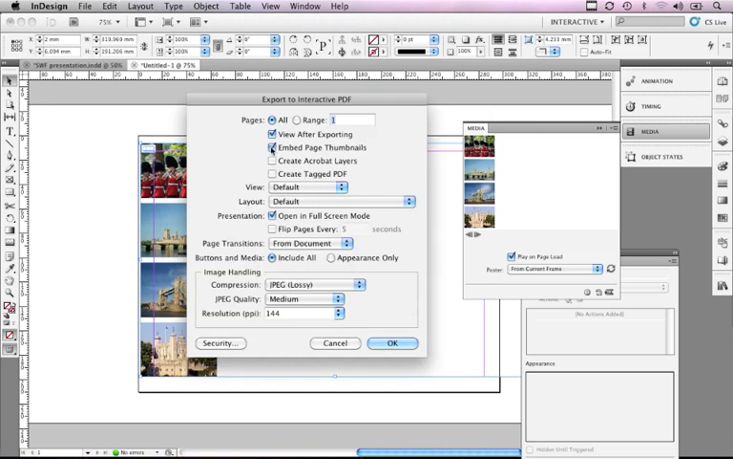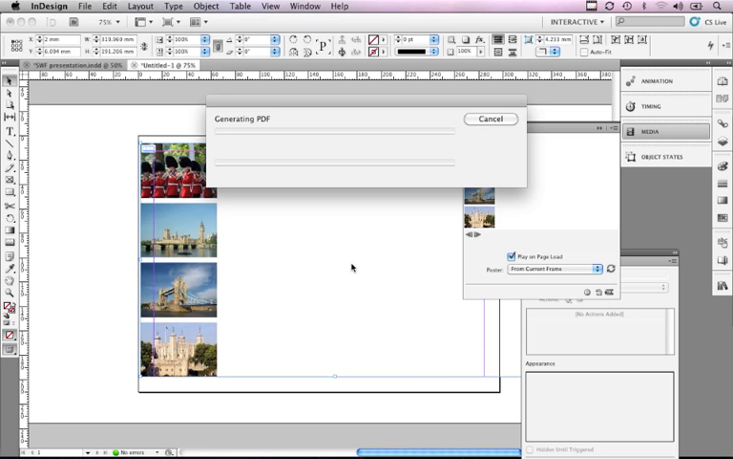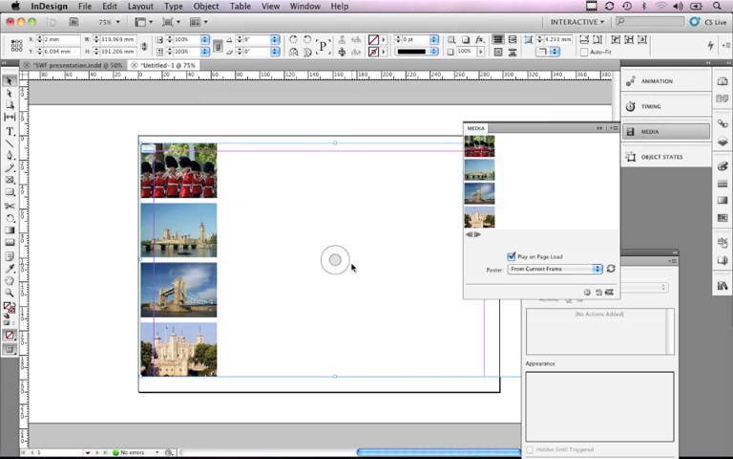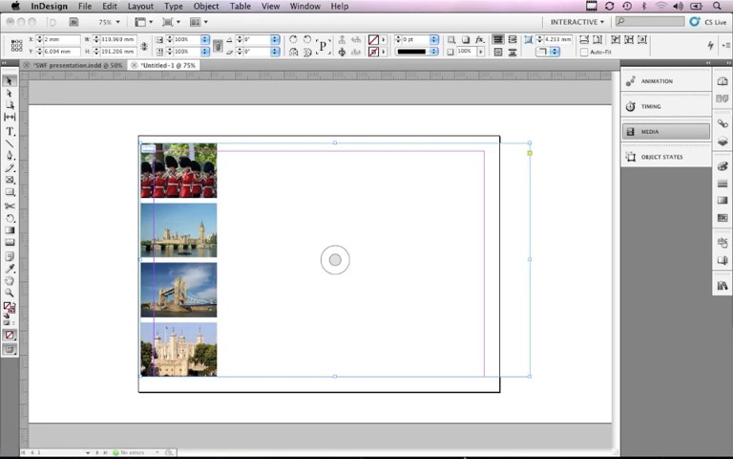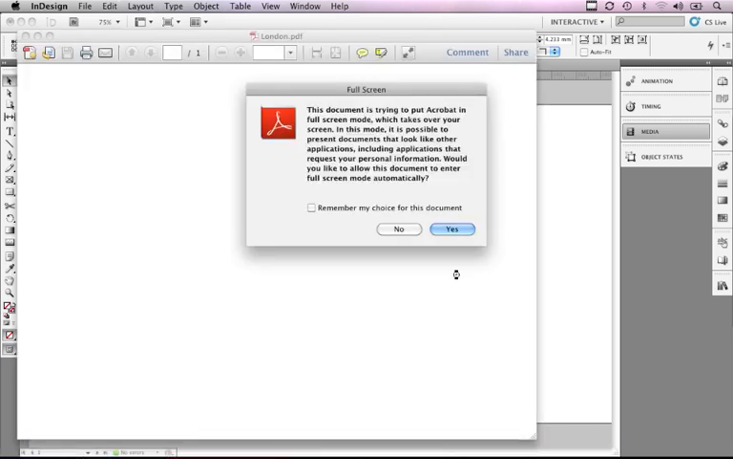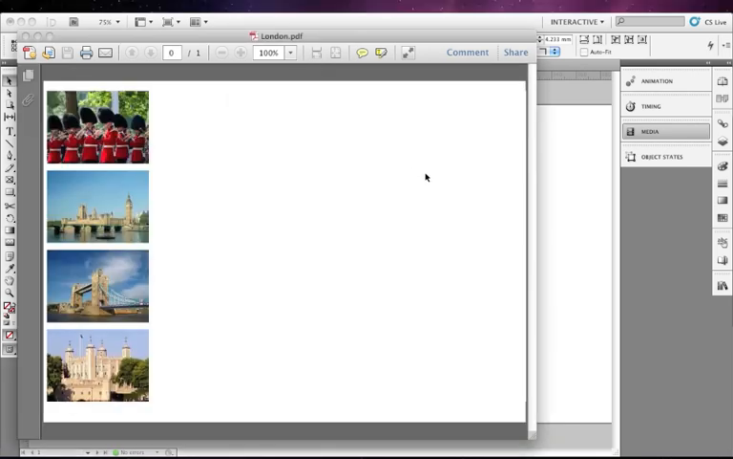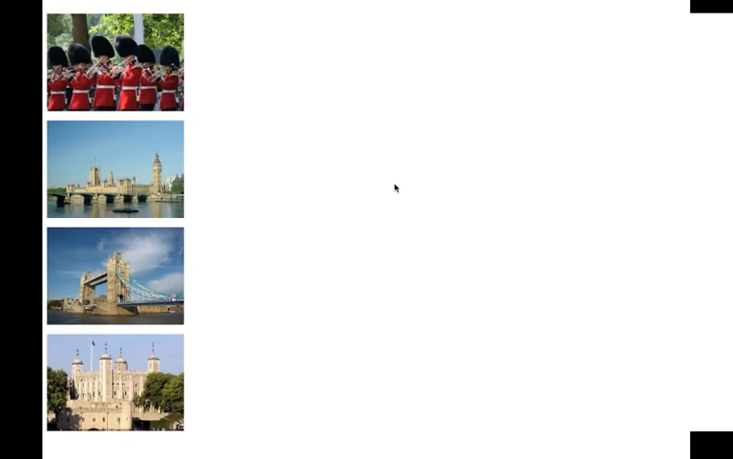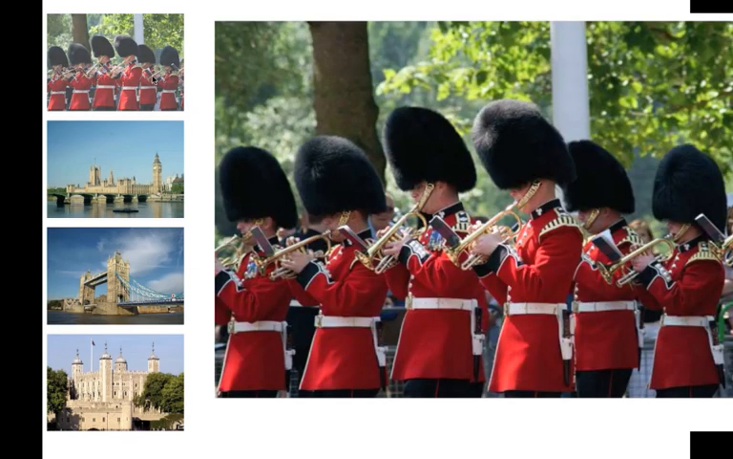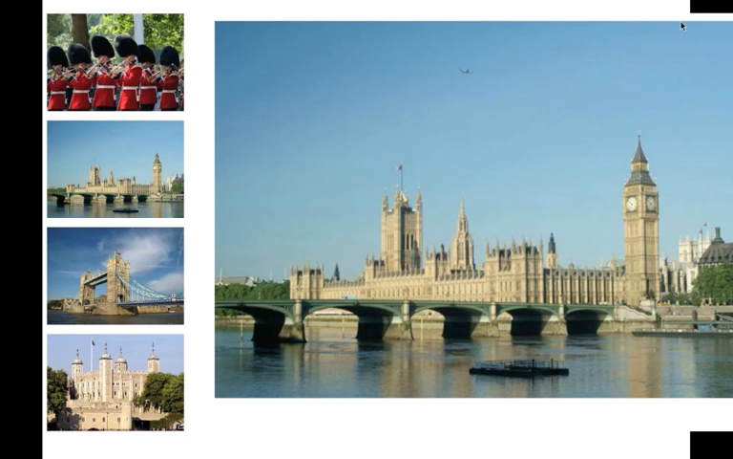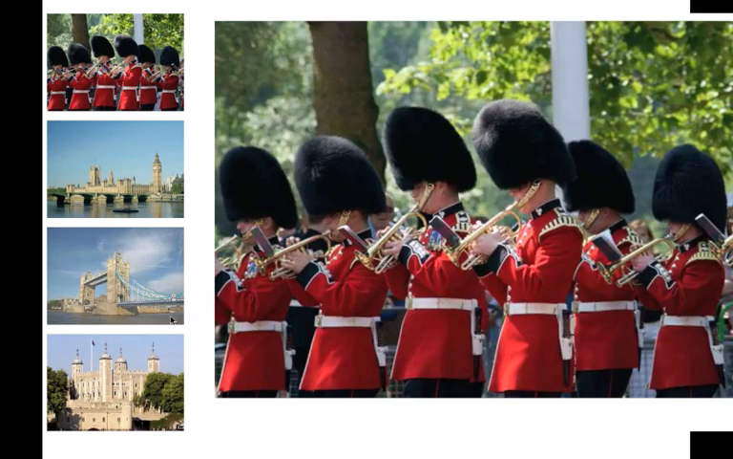Let's have a quick look at these. So view after exporting I need, and all the others should be fine. So when it comes in, oh, right, it's going into full screen. When I click on this, it works. It's gone slightly wrong, but I could sort that out by resizing it slightly. So that's the way to get around it at the moment, is to export your stuff out,